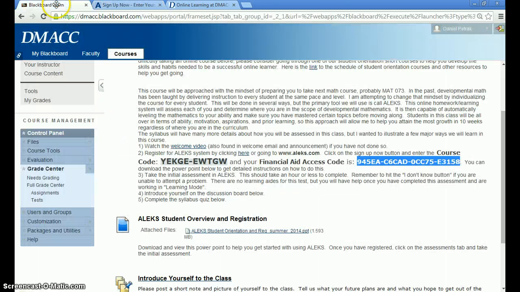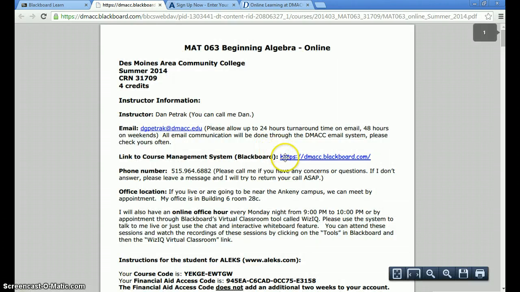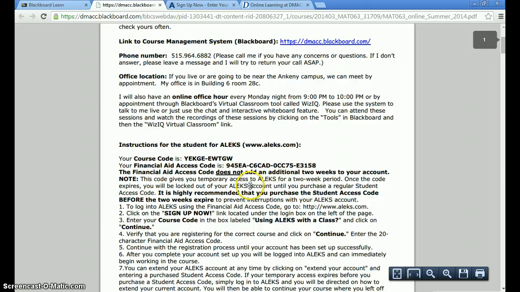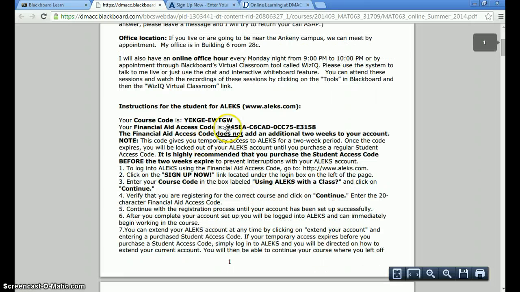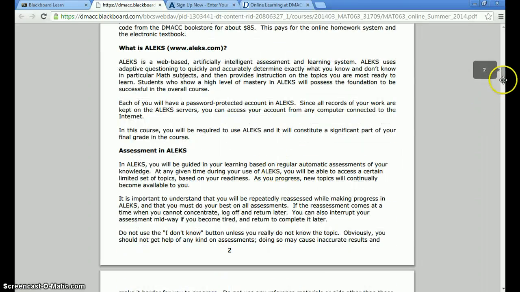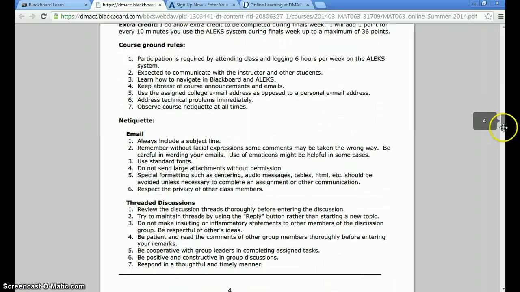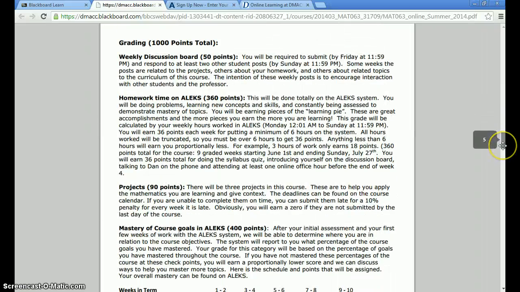So, and I'm going to go back to here. And if I click here on the syllabus, and I open up the syllabus real quick, I'm going to go through a little bit of that. It actually gives you the explanation right here of ALEKS and what it is and how to do it, just kind of like I showed you in this video. And I'm going to jump down. You're going to do a syllabus quiz in the Start Here folder as well. But I'm going to jump down to the parts that are probably most interesting, which is the grading.